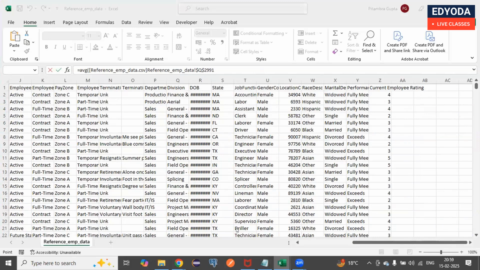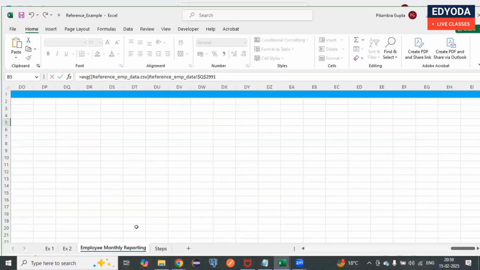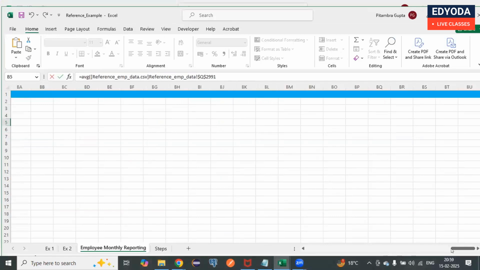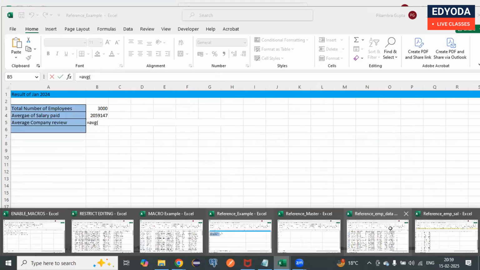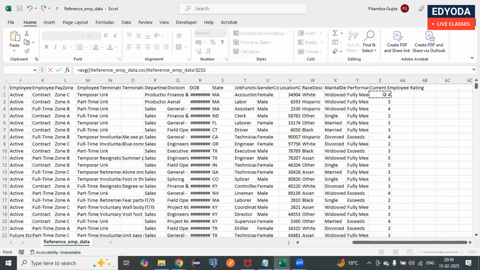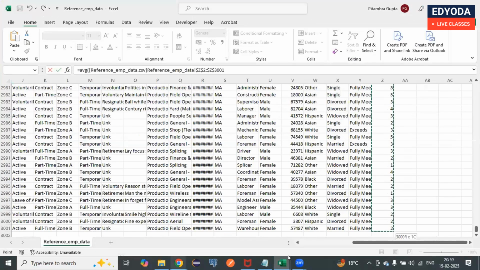Okay, I'll go to my monthly reporting table. I have selected an incorrect value. So maybe I'll just remove this and again select the range. Go to my salary, not the salary, sorry, reference data, select the ratings that we have got, come back to the sheet,